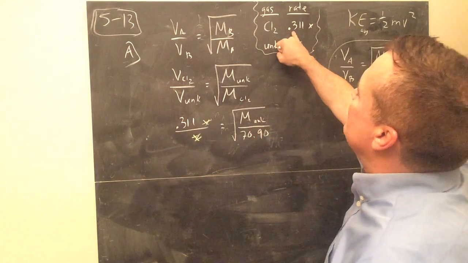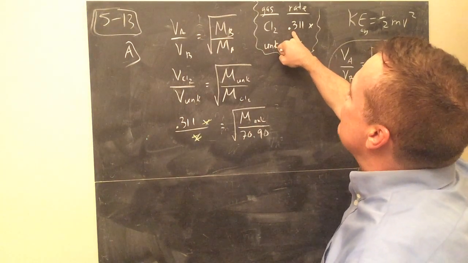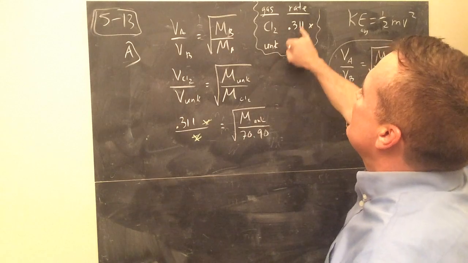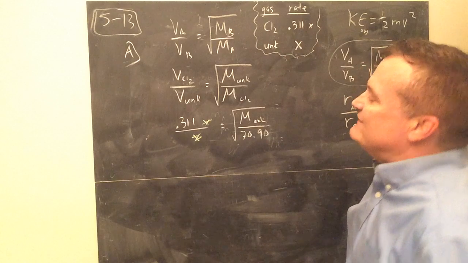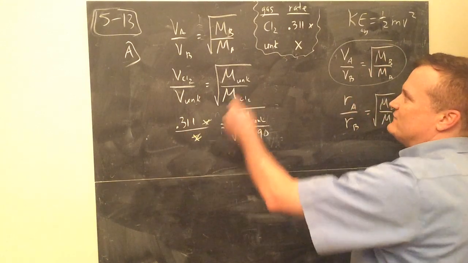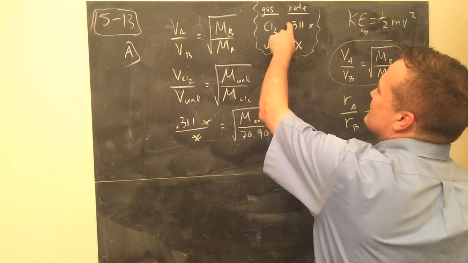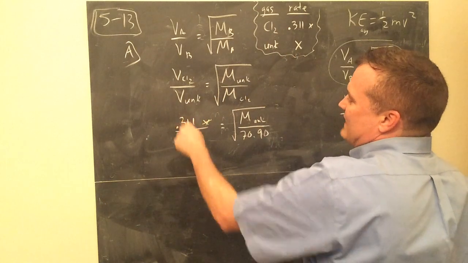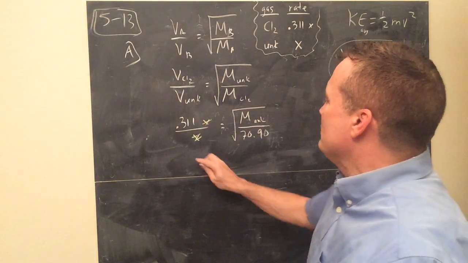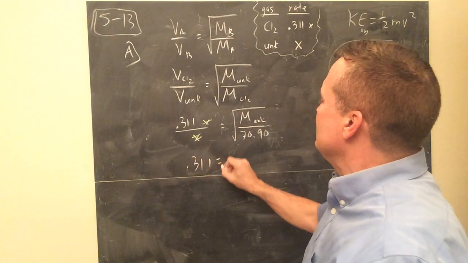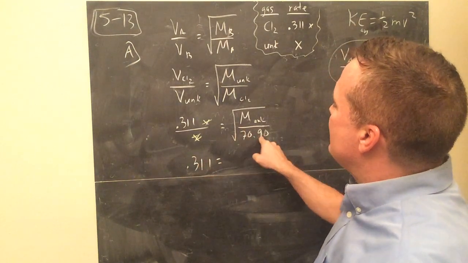If we said chlorine was effusing 5 times as fast as the unknown, chlorine will be 5x and the unknown will be x. You don't even need the x's. You just need the rate is 5. So what we're saying is the rate of this divided by the rate of that. That's the relative rate. So 0.311 equals,